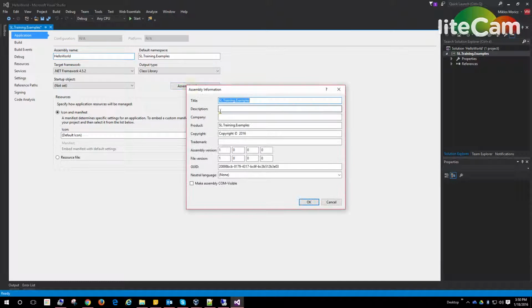And then the assembly information, just for later purposes, we just fill out some title. That's examples, and now just say hello world, and description, some hello world test,